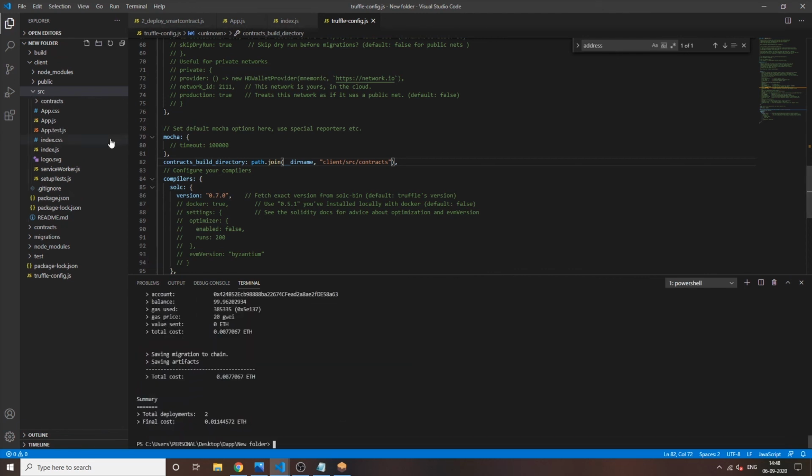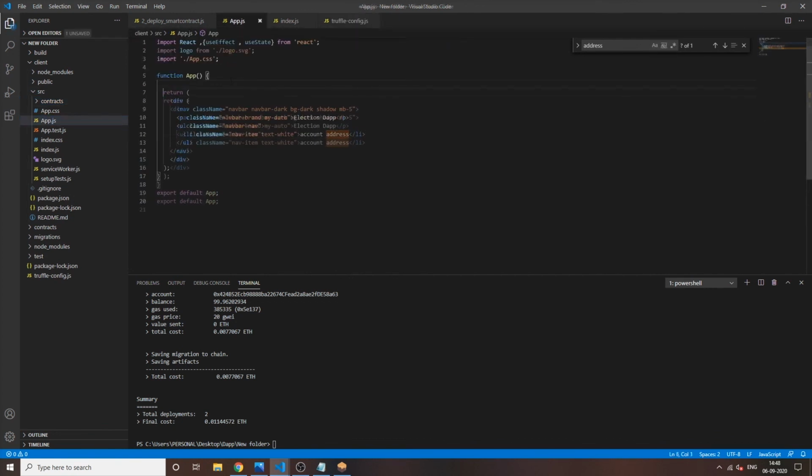Now it's compiling and deploying the smart contract to Ganache, and you can see that both the ABI files that were here are now here, and every time you compile again, these files will be stored here. Now we will define some boilerplate code that we will be using in every decentralized application, and this will be like a starter kit for you.